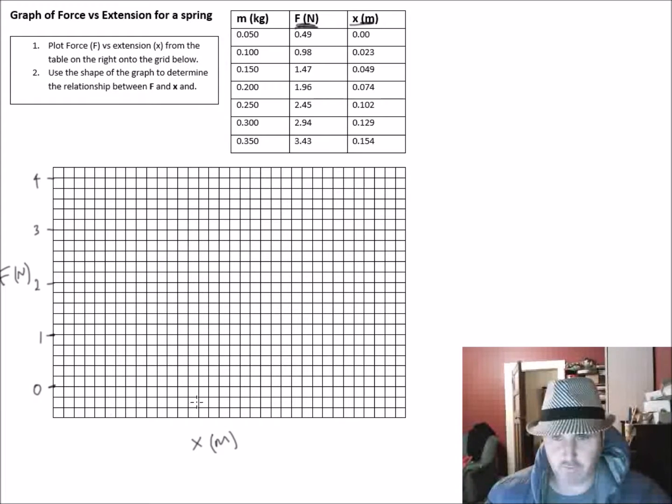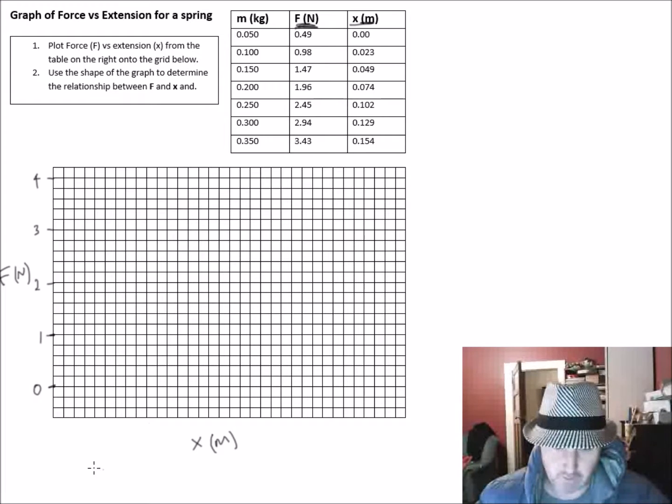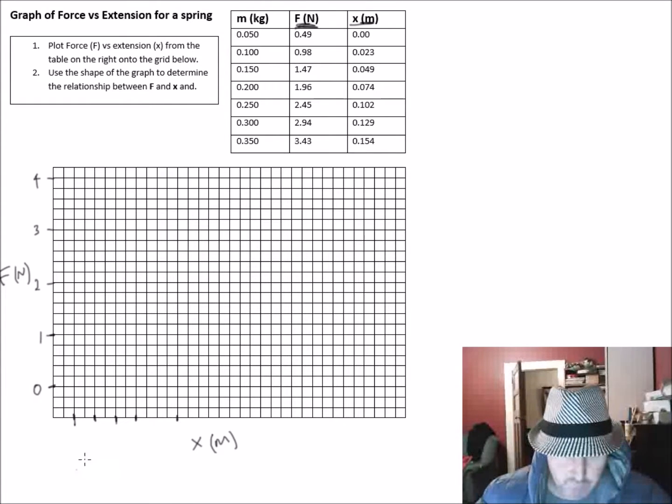Okay, so I'm going to do the same thing, make a scale on this side. There's about 34 boxes along, and I go up to about 0.15. So if I mark off every 2 here, that's going to give me about 0.01 for each of these. But actually, let's do every 4 because it's going to take me a long time. So I'm going to start off with